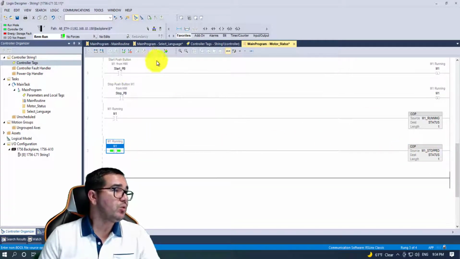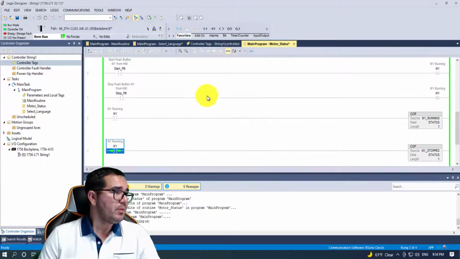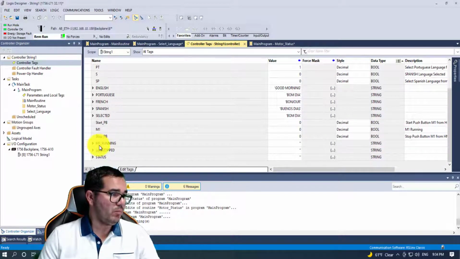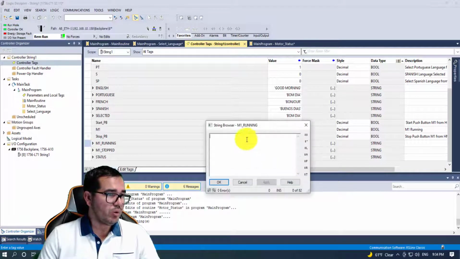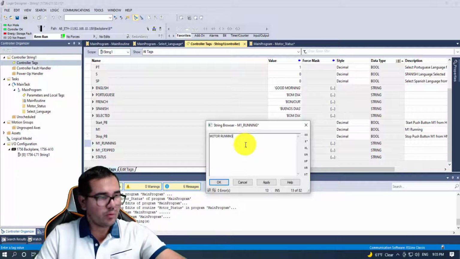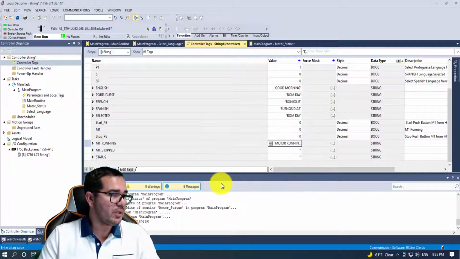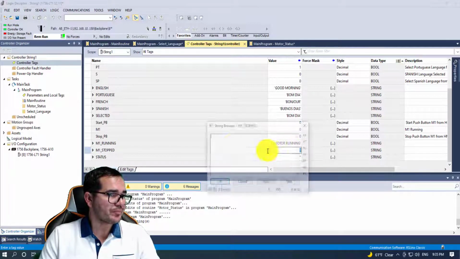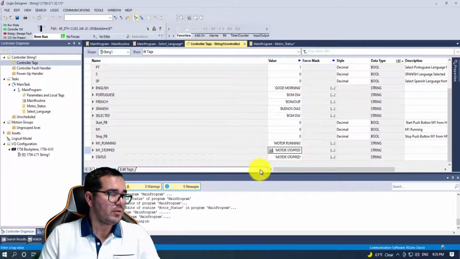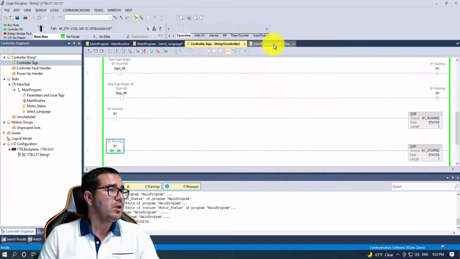So what we're going to do here, I'm going to do a download, but we need to go to the controller tags and monitor tags. So what I'm going to do here, motor M1 running. So I'm going to put here motor running. And I'm going to click OK, stopped, motor stopped. And click OK. And you see here, automatic status here, motor stopped, because here on this guy here,